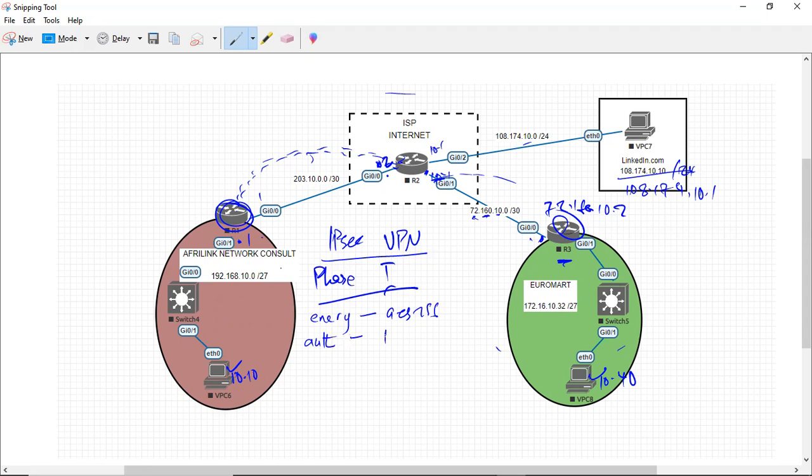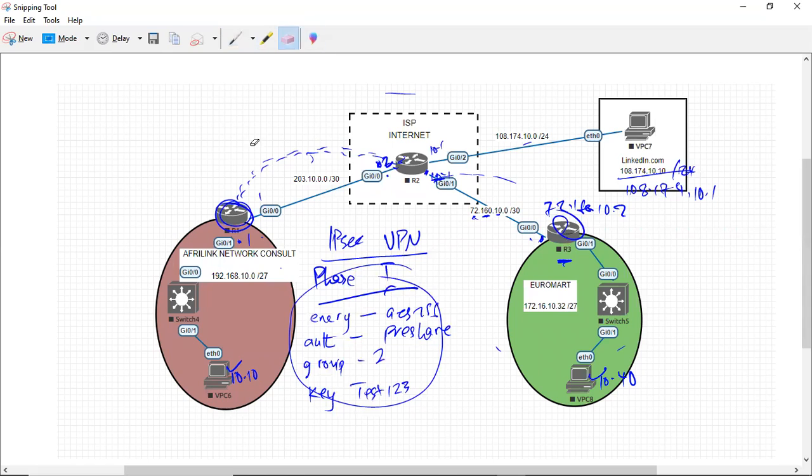Authentication, we are going to use pre-share. And Diffie-Hellman group 2. So our pre-share key is going to be test 1, 2, 3. So these are the phase 1 parameters, and we are going to do